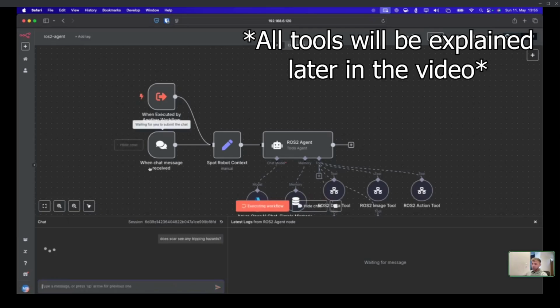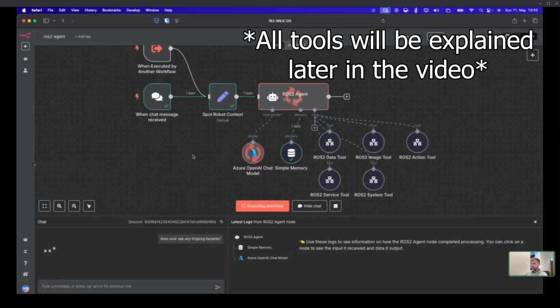So what is happening here? The agent is detecting ROS2 topics. It's using various tools to get the data from ROS2. And there is a ROS2 Web Interface in between so that we're able to interact with ROS2 data via HTTP. So this is the setup. And as you can see here now, it called, okay, ROS2, give me the data of the robot SCAR. Then the data is published to the ROS2 agent, and the agent is calling the VLM